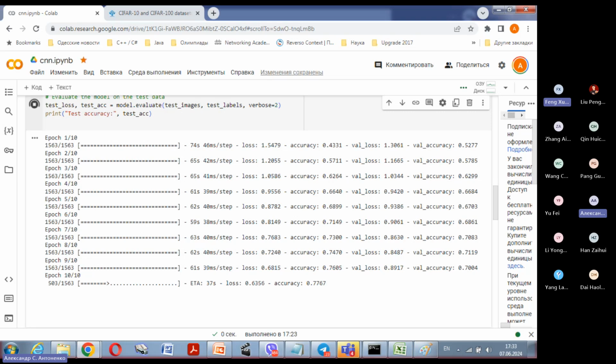I understand. So your task is to do this in image classification. It's up to you to choose some model, to choose some set